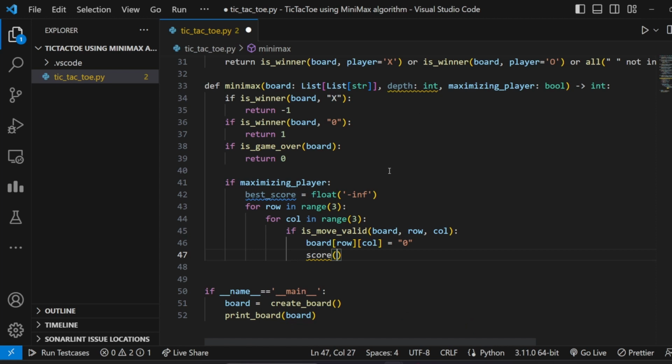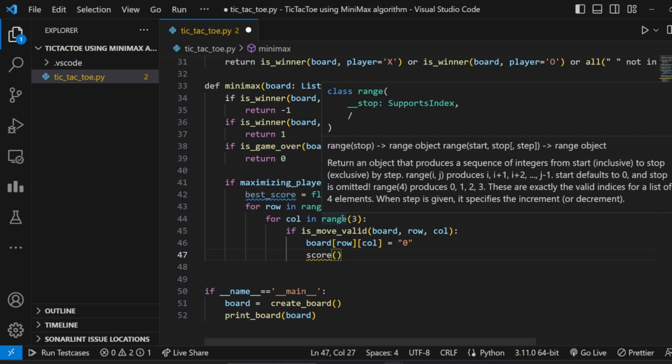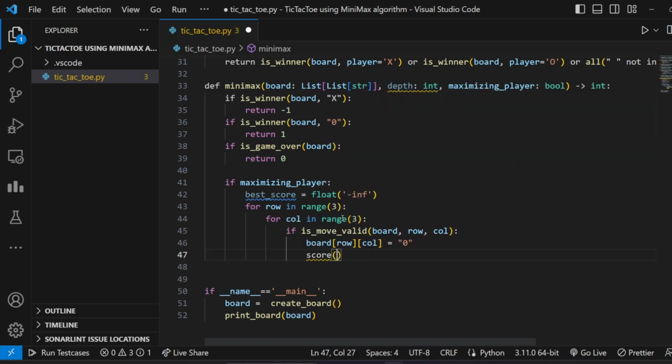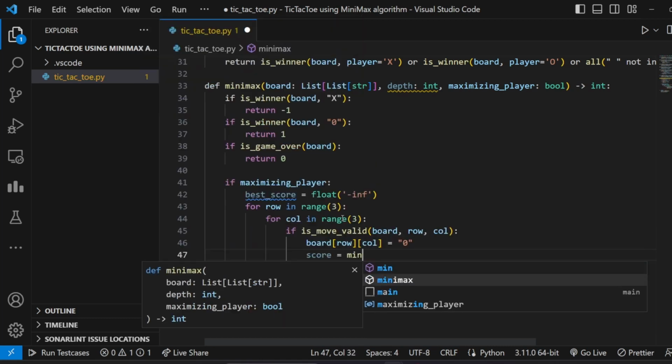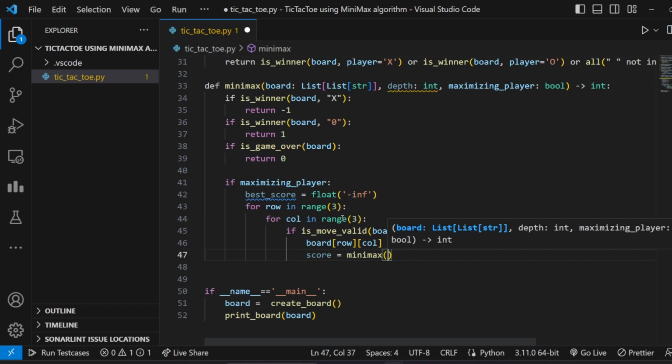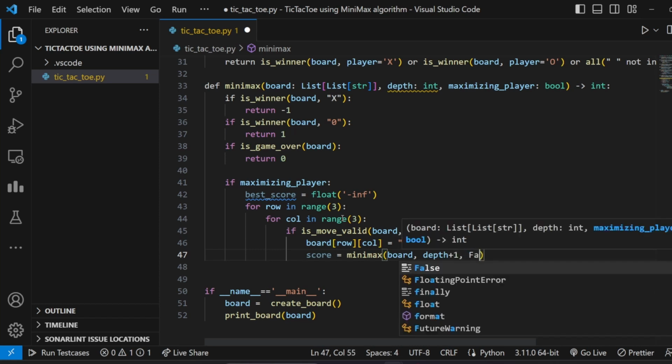I'll generate the entire tree and try to get the possible scores for each possible row, column value. So minimax score is equal to minimax of board, depth plus 1, I'm increasing the depth, and then false,